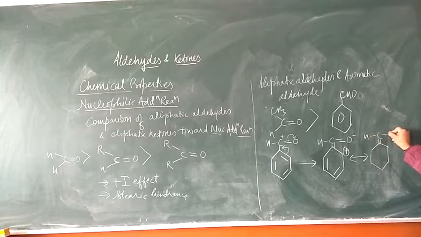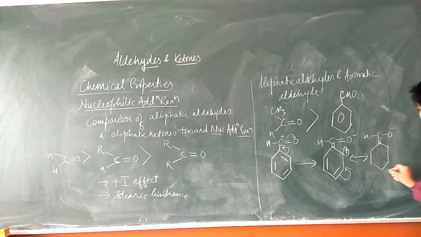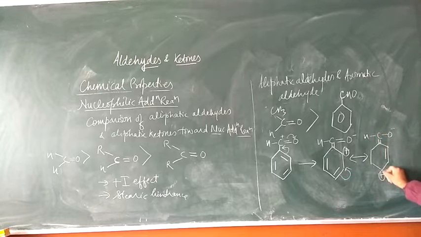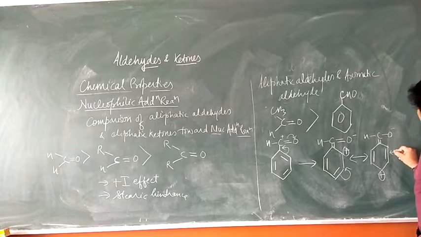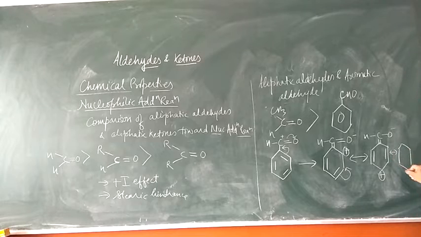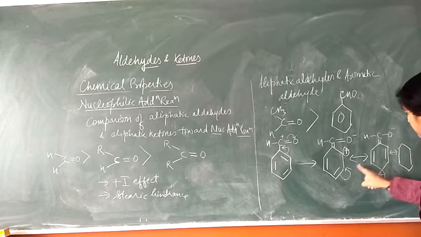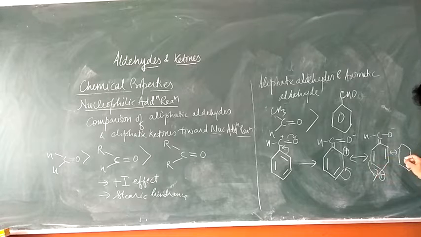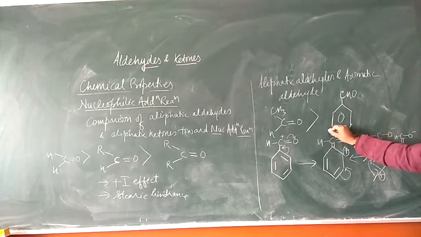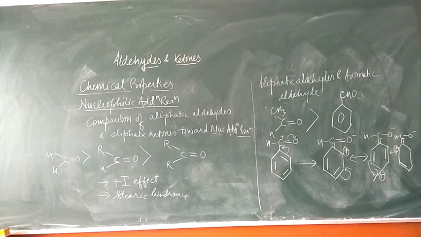When you draw the resonating structures further in this way, it will come here. We will get positive charge here. For the resonating structure, one more if you draw, I am drawing it here, you will get a double bond here but a positive charge here. So you can see that in these resonating structures we are not getting the positive charge on the carbon atom. So how will the nucleophilic attack take place? It will only take place because of the